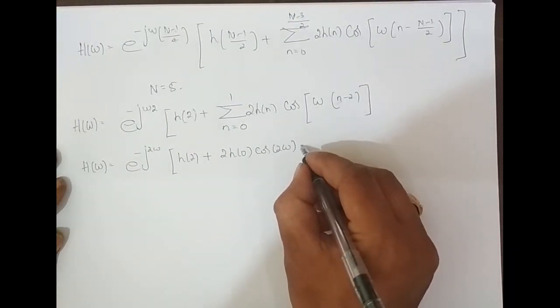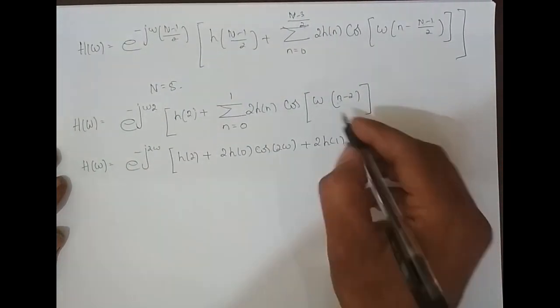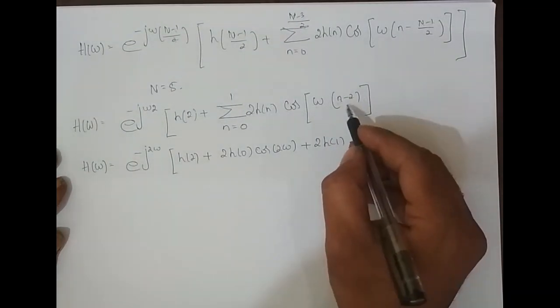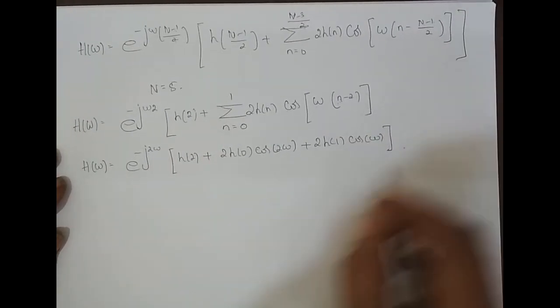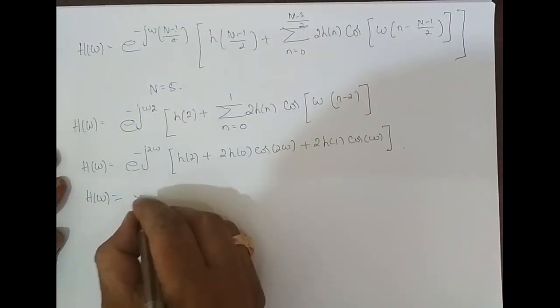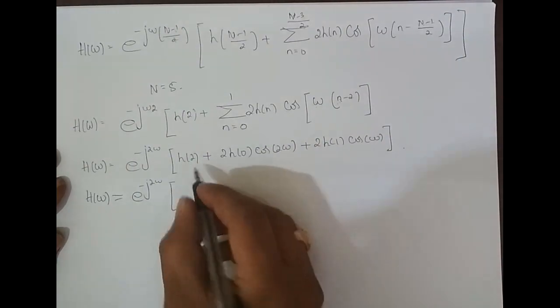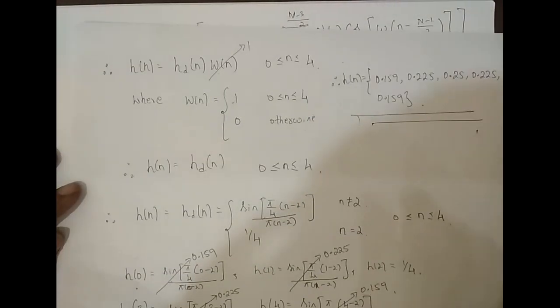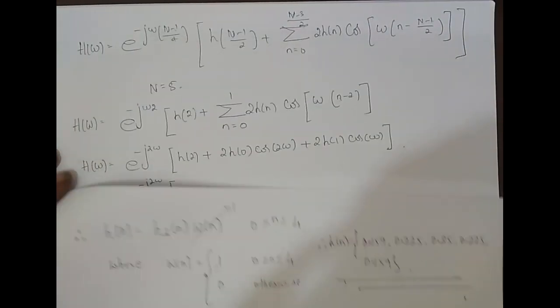Plus, when n equals 1, 2 times h of 1 into cos of minus omega, which is cos of omega, right? So h of omega is equal to e power minus j 2 omega into, what is the value of h of 2? So this is h of 0, h of 1, h of 2, h of 3, h of 4. So the value of h of 2 is